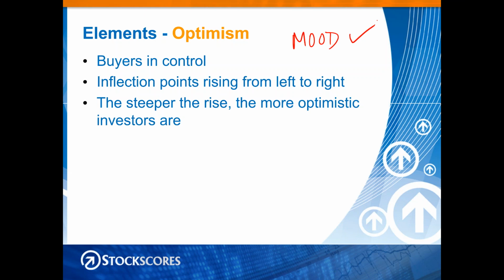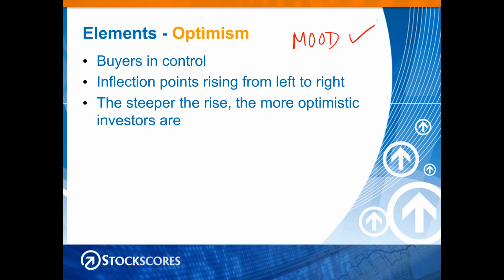Because how investors judge information is largely dependent upon their mood. And so if we have investors optimistic, they will give a higher valuation to the fundamentals than if they are pessimistic. And so we need to understand how to read optimism, because stocks that have optimism are more likely to move higher than stocks that have pessimism.